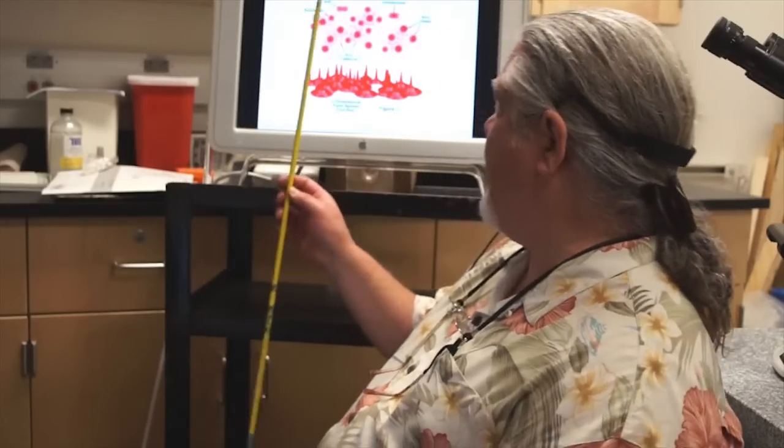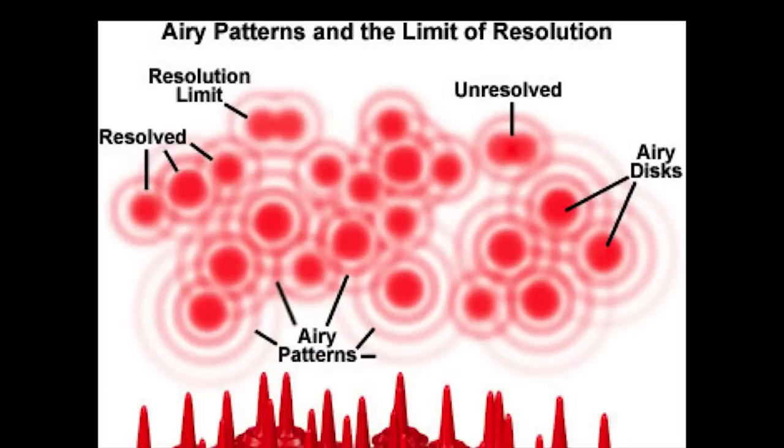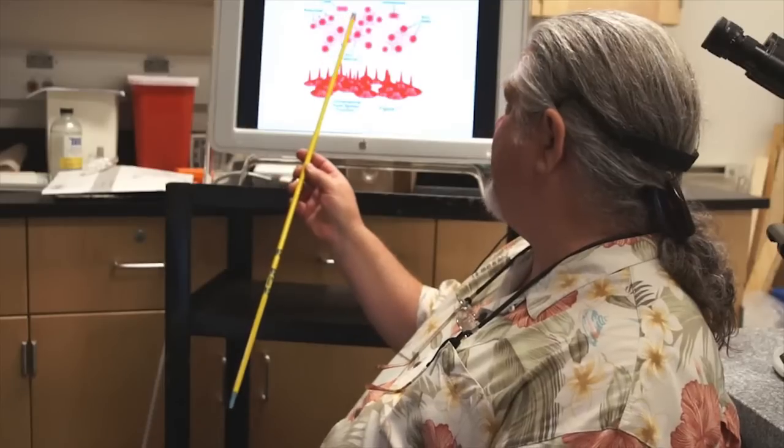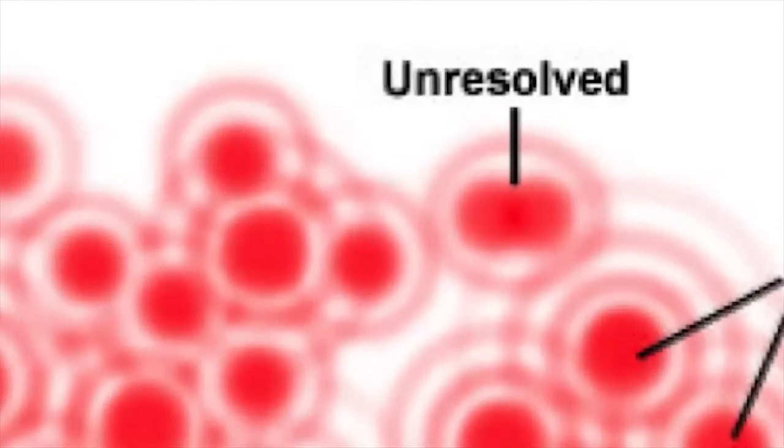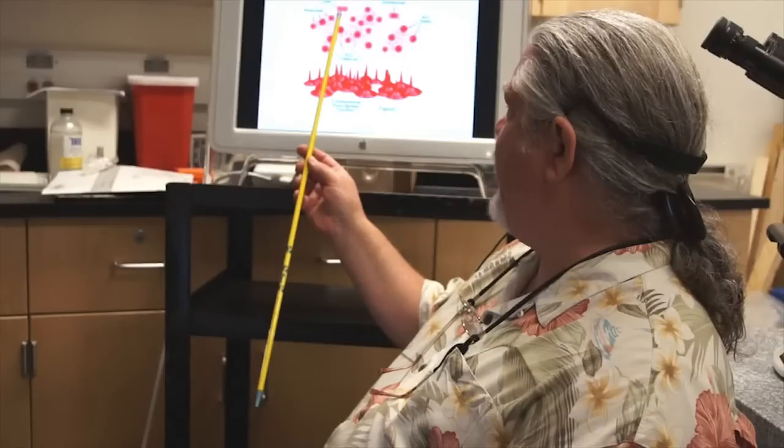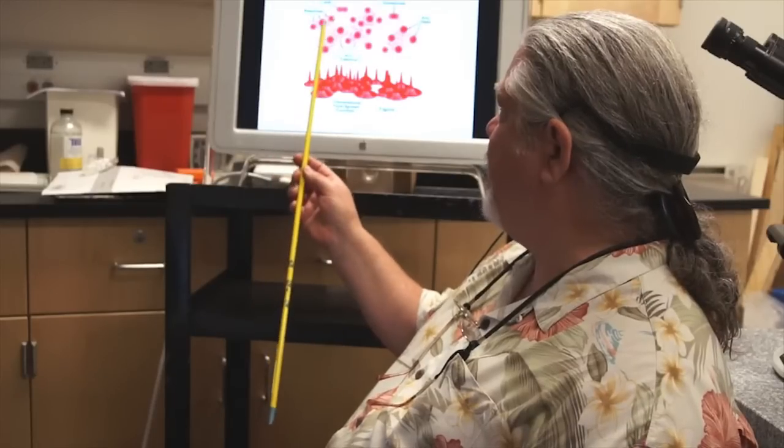We're not going to discuss the formulas, but I do have a diagram that shows this. On this diagram you can see several individual spots and they have halos around them. That's a function of the wave properties of light, but we will not discuss that. Here you see an unresolved structure, so we have two dots that seem to be touching each other. They are unresolved. Here we have two dots that are just about to separate from each other. Again, they're not individually resolved. And here we have several dots that are completely separate from each other, and so each dot is fully resolved